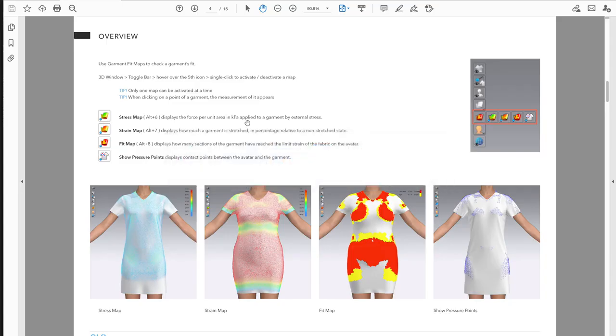So let's take a look at this again. Show pressure points displays contact points between the avatar and the garment. So here's a looser t-shirt in this example, and we can see it is loose around the body, around the waist and below the breast, and it is obviously touching here the shoulders and on her hips, which is